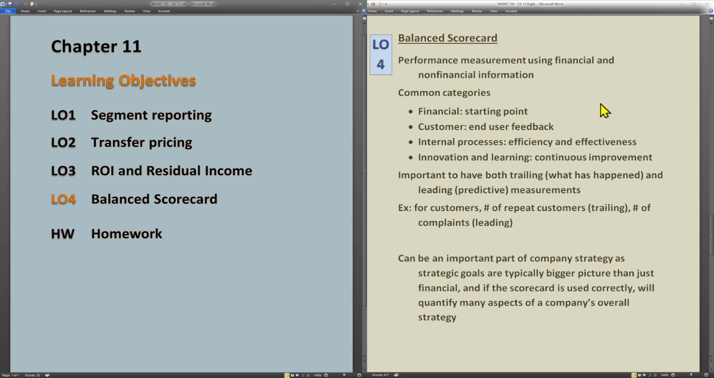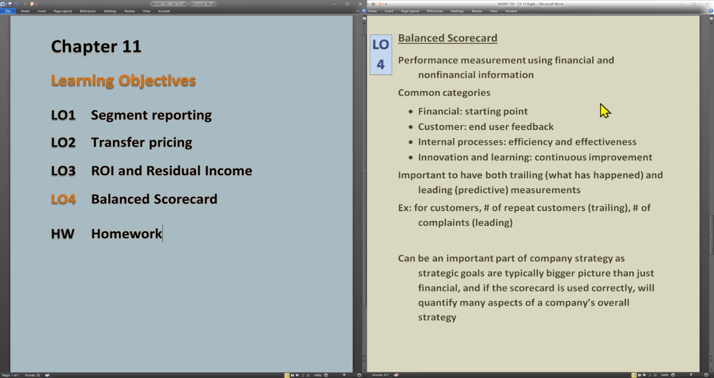Remember, if you're looking at our learning objectives, the first one was segment reporting: how do we add on some additional divisional margin, segment margin, and segment income. Transfer pricing: what happens when we sell between the companies. ROI and residual income: how do we measure the performance? Well, this is another